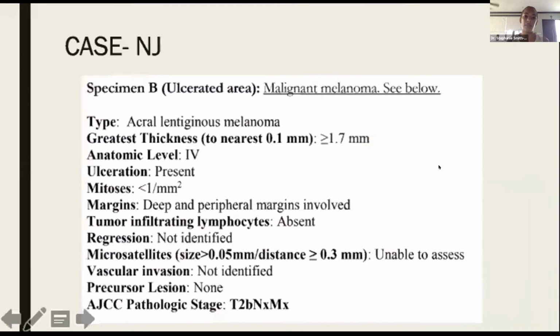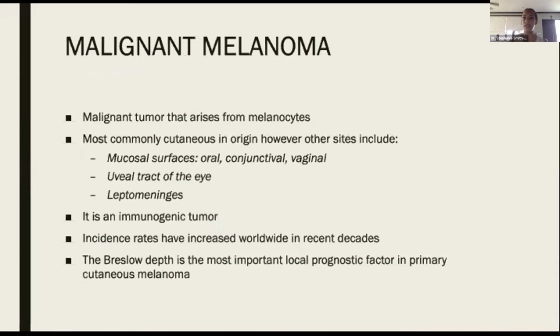So our pathology report came back showing an acral lentiginous melanoma. The greatest thickness, or the Breslow's depth, is greater than 1.7 millimeters, so quite a thick melanoma. Other things that we look for in our path report, which we'll discuss later, is if ulceration was absent or present, and in this case, it was present. So preliminarily, our pathologic stage would be T2b, NX, MX, and we'll talk a little bit more about why this is relevant. But before we do that,